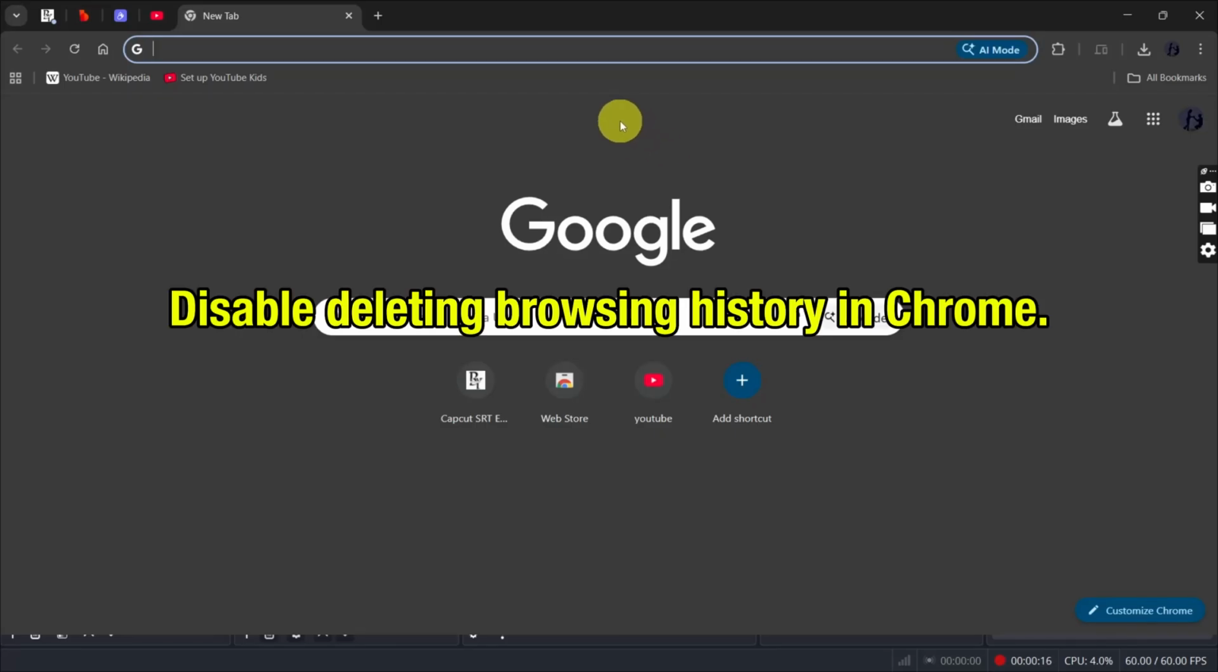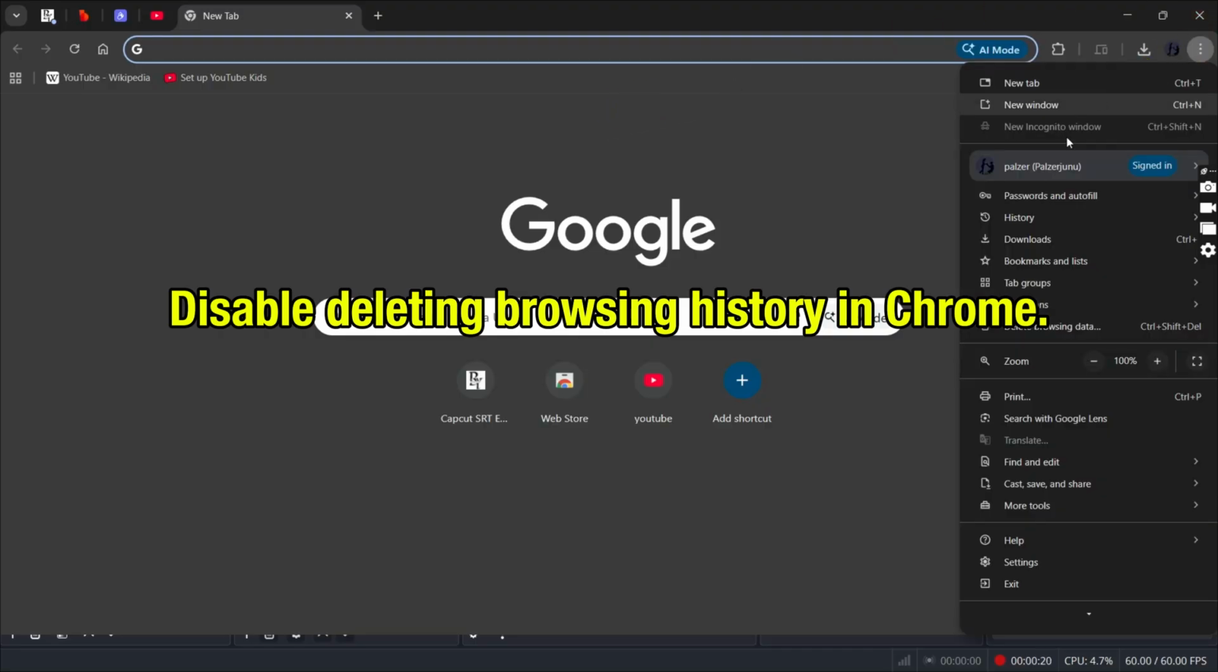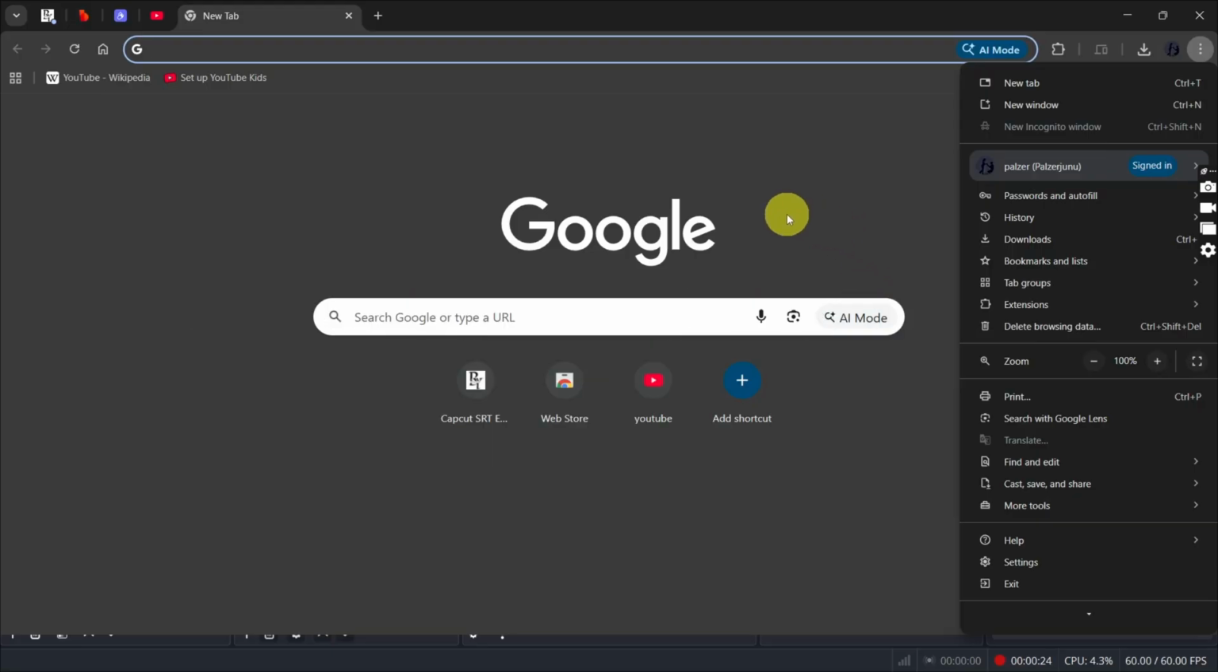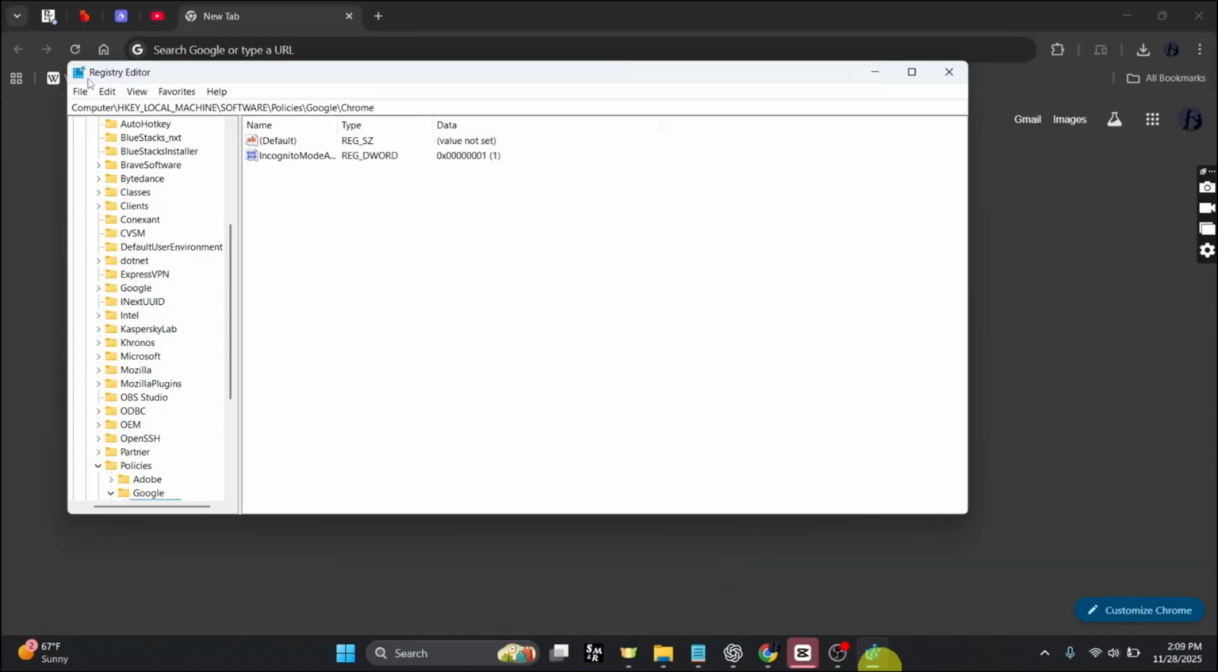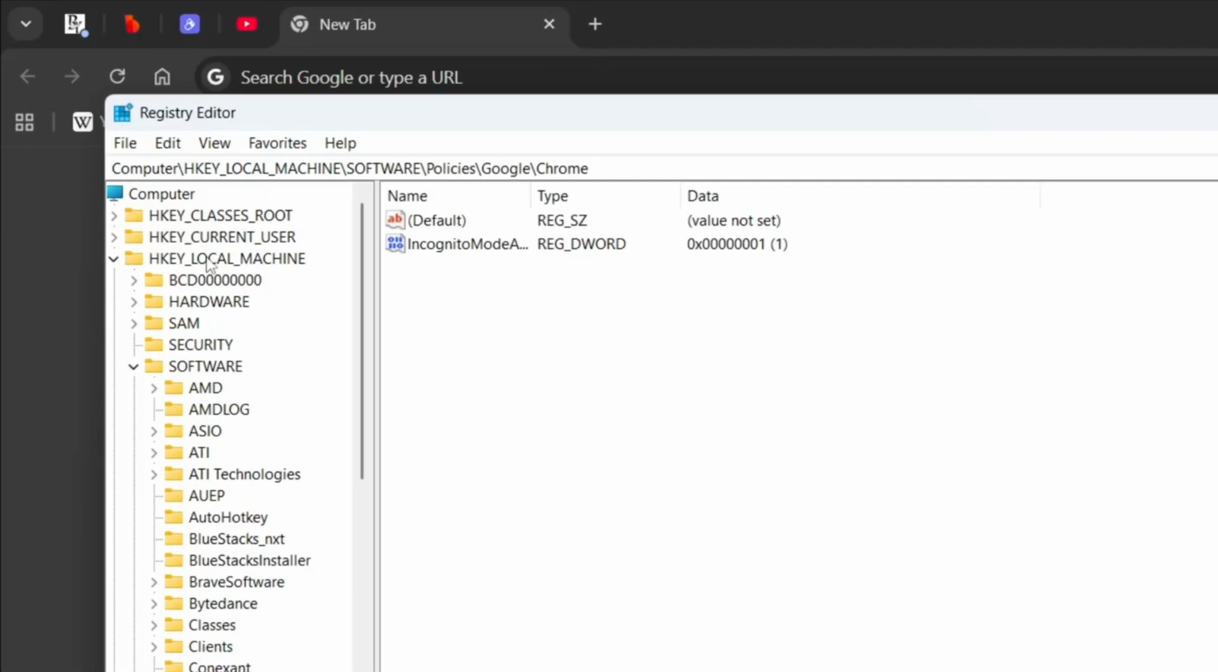In today's tutorial, we will learn how to disable the option to delete browsing history on Google Chrome. First, start by pressing Windows plus R on your keyboard to open the Run tab and type regedit. After opening the Registry Editor, go to HKEY_LOCAL_MACHINE and under it,